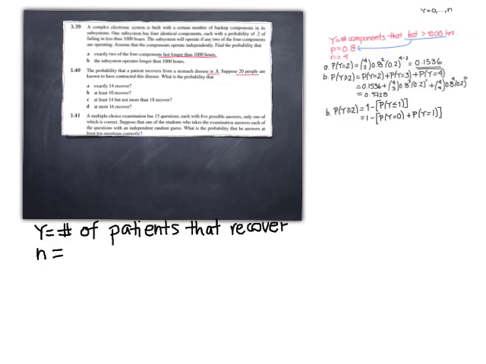So we talk about n, 20 patients, number of trials, and then p, it's going to be 0.8 again, because these two should match. 0.8 is the probability of recovering. So the first